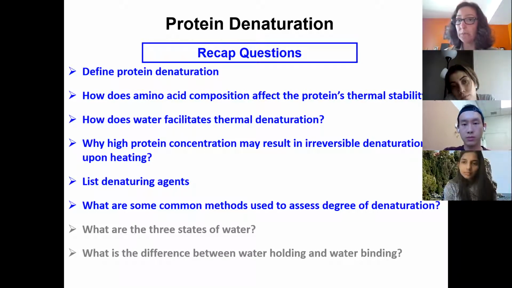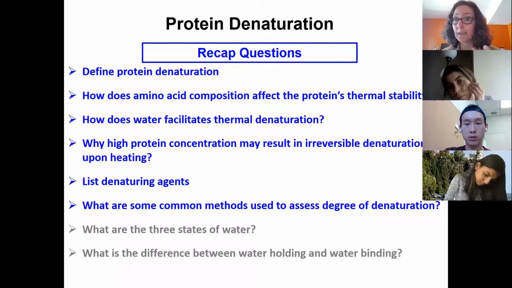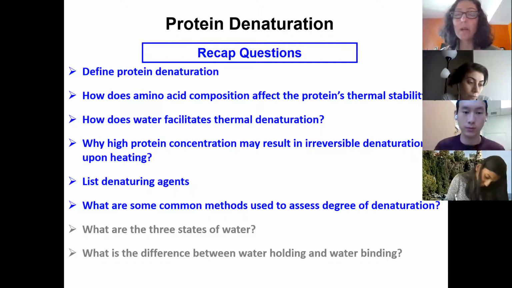One of you said SDS-PAGE, and with SDS-PAGE, it really tells us the irreversible denaturation when we form polymers. It doesn't necessarily tell us if the protein just unfolded, because with SDS-PAGE you are adding SDS, you're denaturing the protein. But it does tell us if covalent interactions occurred, like disulfide interchange, because you can run the gel under reducing and non-reducing conditions. Under non-reducing, you have polymers. Under reducing, these polymers go back to monomers. You know that, oh, I got covalent disulfide interchange.